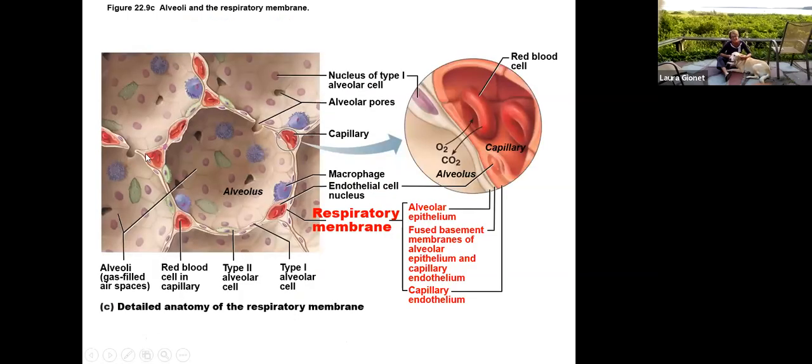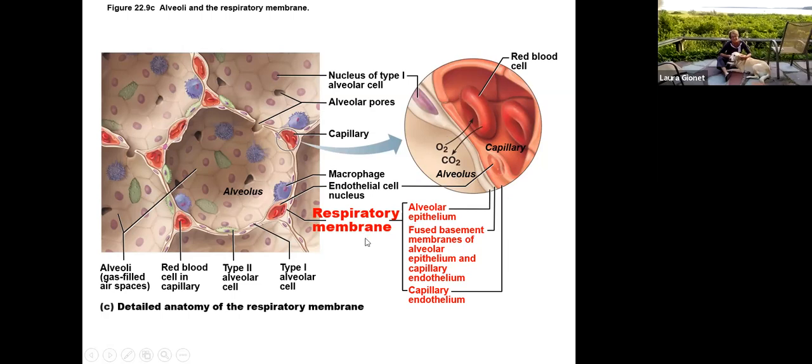So here we have, to the left-hand side, one big alveoli or alveolus. We can see the blood supply surrounding it. We can see a couple of macrophages here and there, single layer of epithelial tissue. Over to the right, they're saying, okay, if I magnify the layer of that, what they have tan cells here as the alveoli, the simple squamous there, and we also look at the simple squamous of the capillary, that is